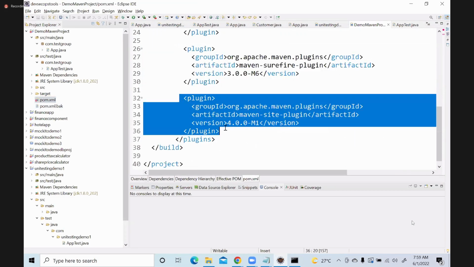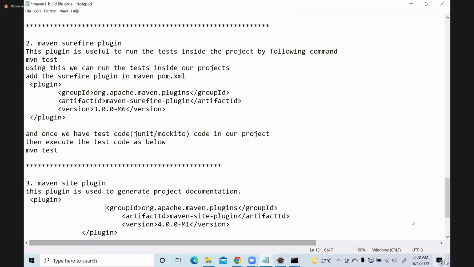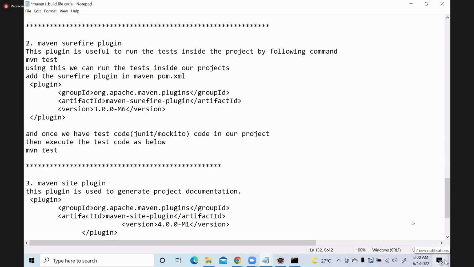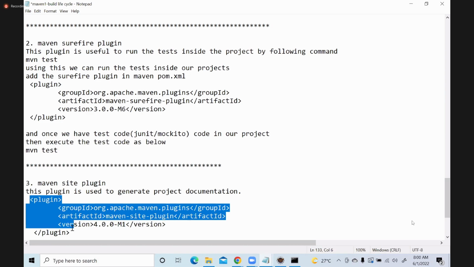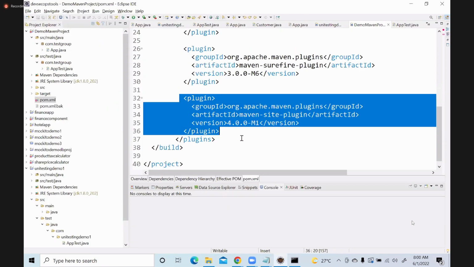So this is how we'll add the site plugin. This is the site plugin. You can also get this from the net. So we'll add the site plugin like this. Okay, once we add this site plugin to our pom.xml,